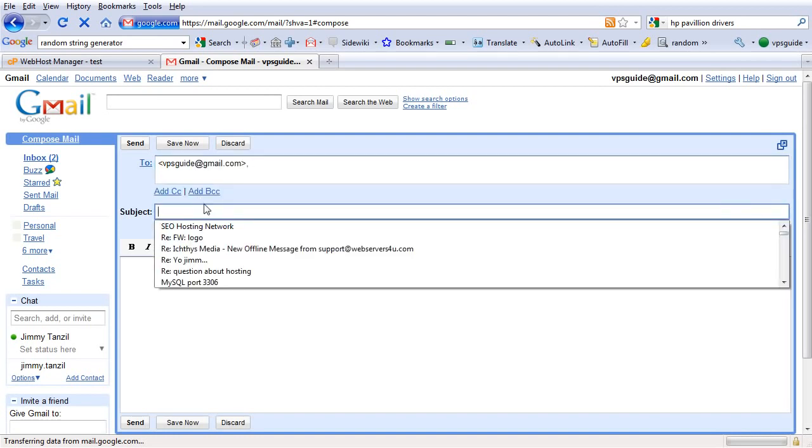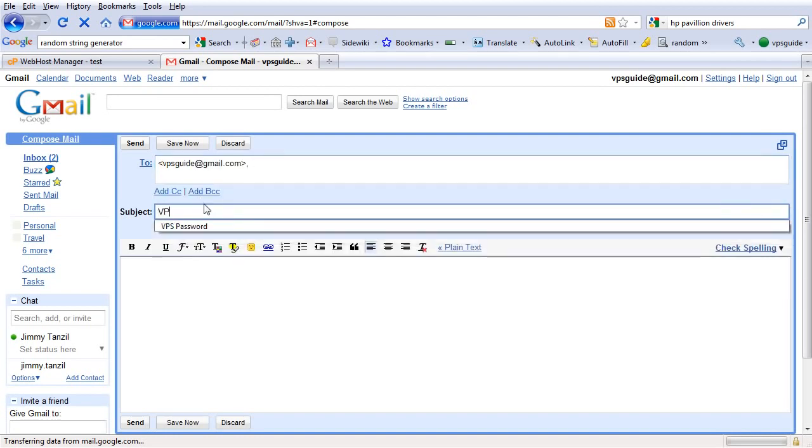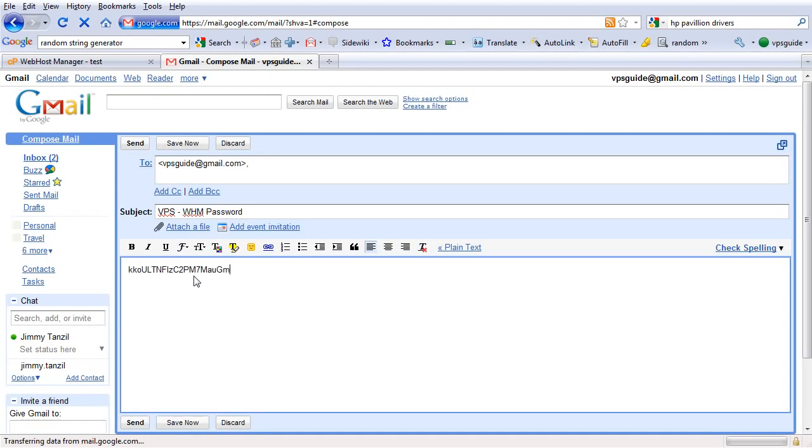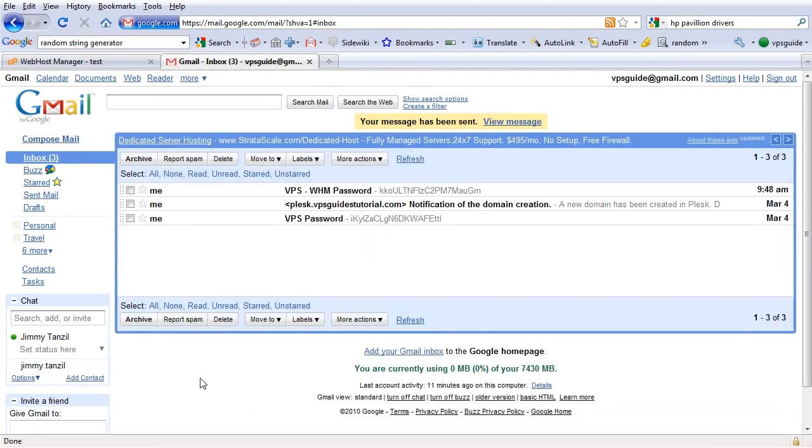with the subject VPS WHM password. Just paste it there. So I've got my password saved in my email account, so it'll be safe here. Whenever I need to go back and look up my password, I just open up my email account. So let's close this up